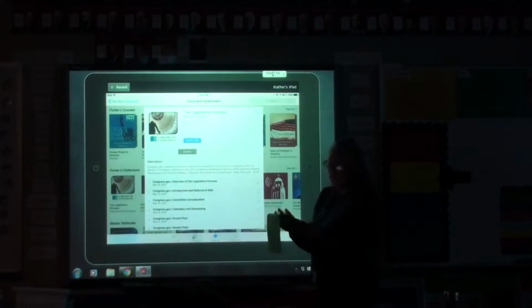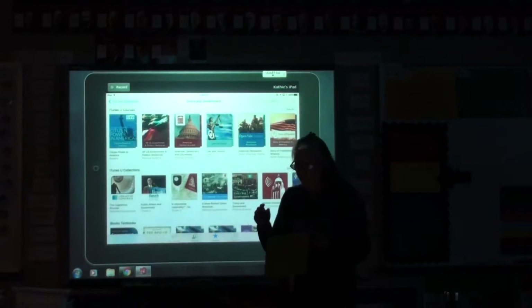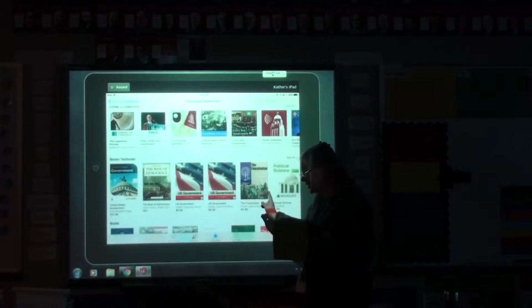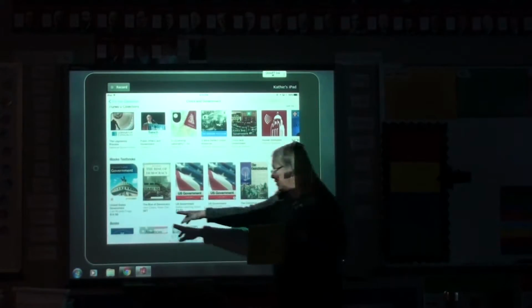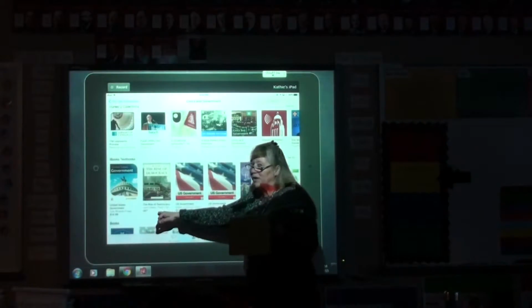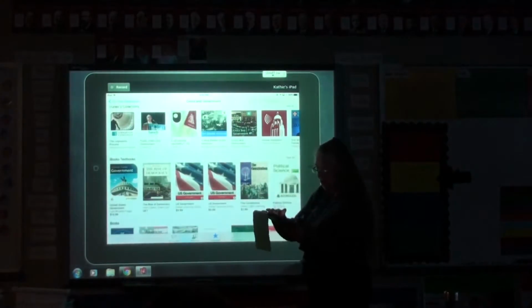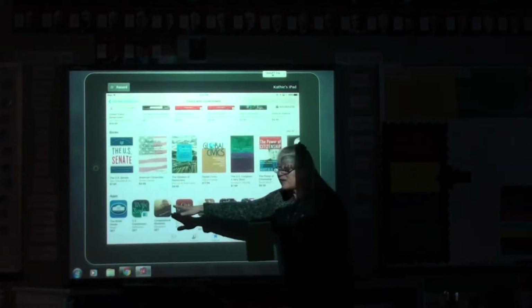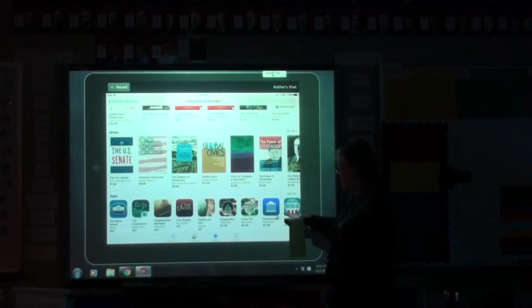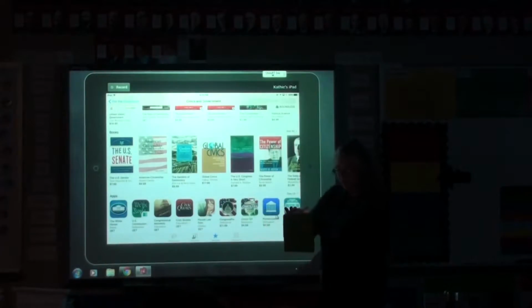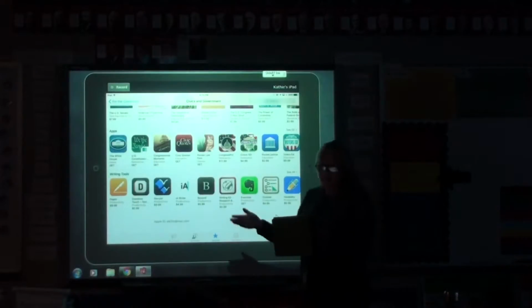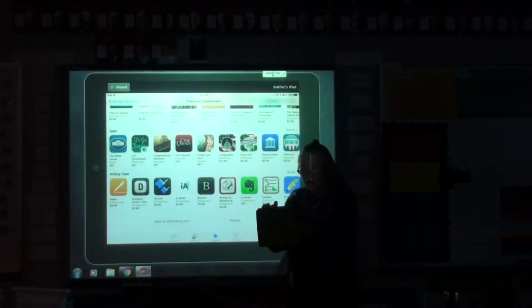Remember when we did our pages and we made an iBook? Well, now you've got all these iBook textbooks. Some of them cost money, this one costs $14.99, this one is free, okay? And then you've got books down here, and then they have some apps that they recommend. So here's some recommended apps, writing tools that you can use. So they recommend a lot of different things here with the